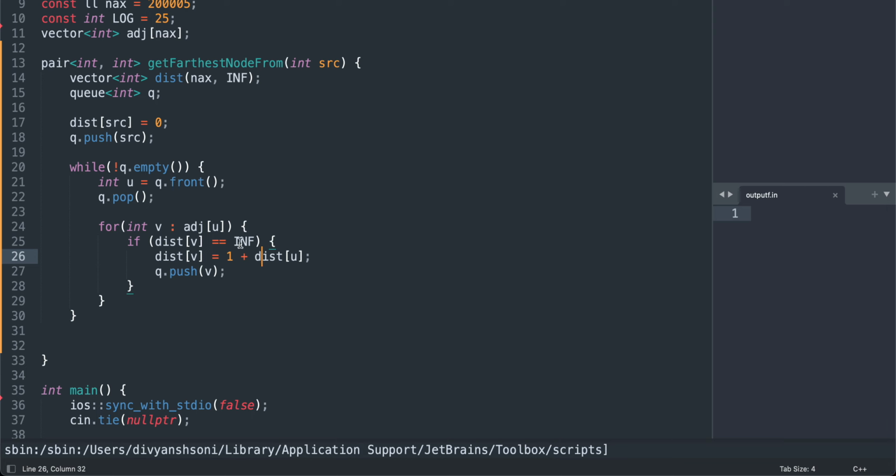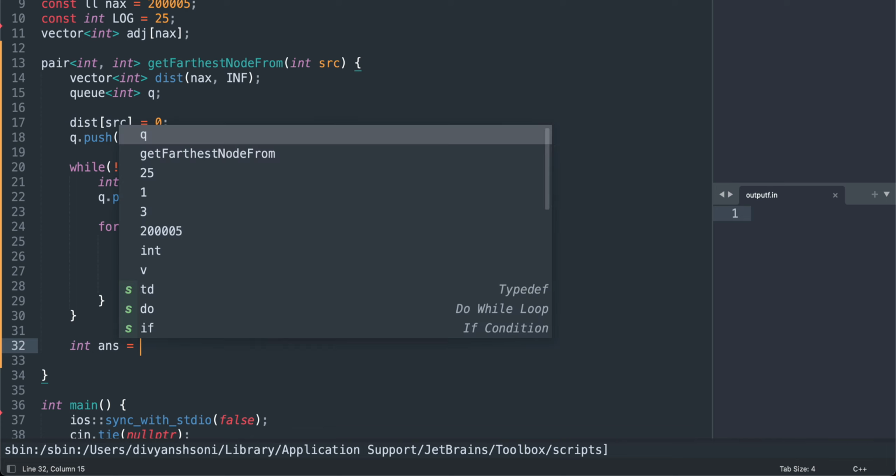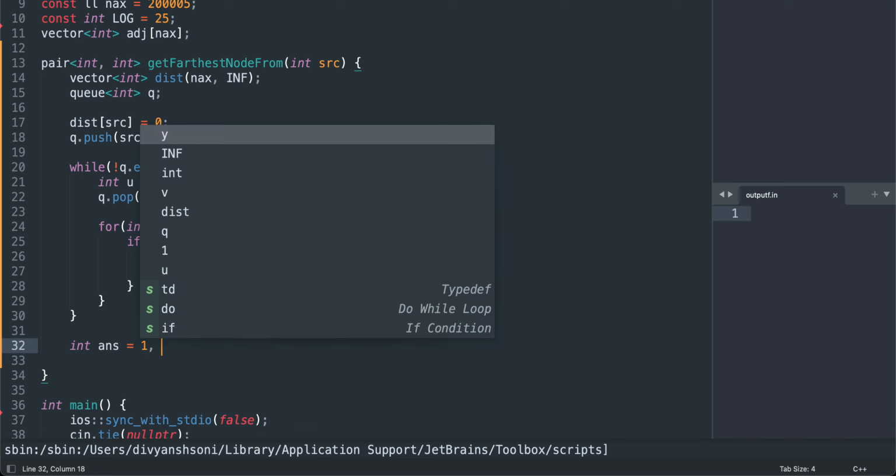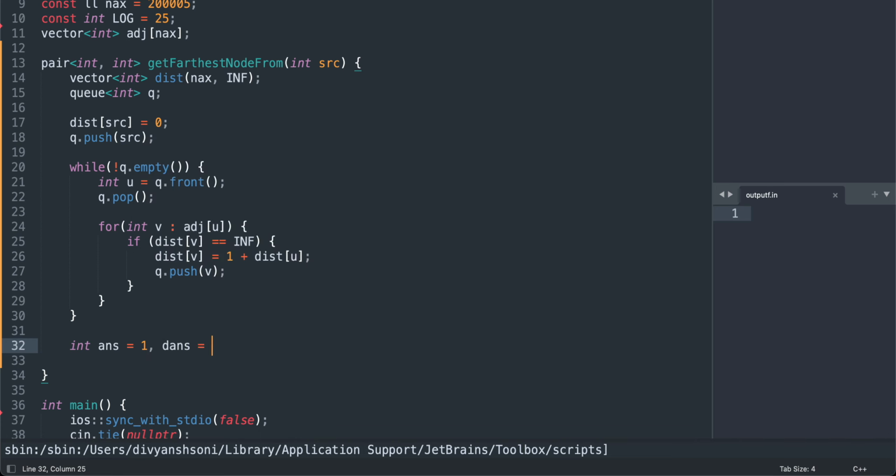So only if it is infinite do we update it. The distance of the source is already 0. After this, we will find the one which has the maximum distance. So let's say that node is 1 only,